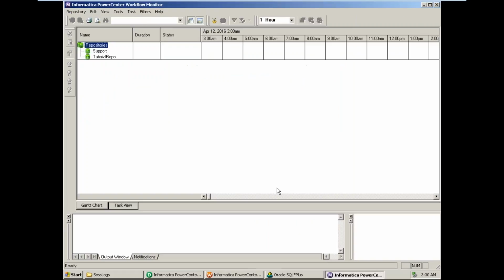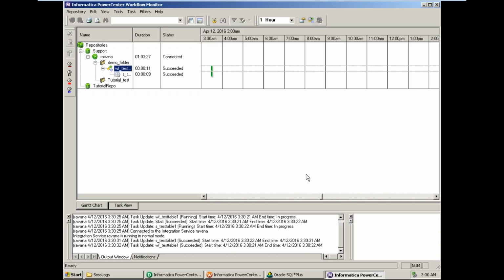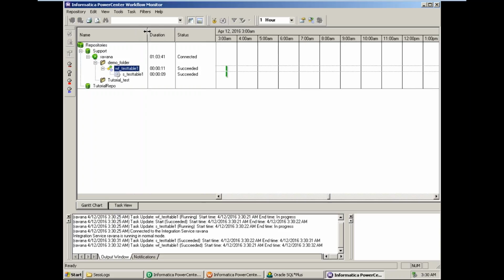On start of the workflow, by default this workflow monitor opens. So this is the other client which we can see. Now you can see that this is my session task, and again it has two types of views, Gantt chart view and the task view. Right now I am showing it on the Gantt chart view. Here you can see the session task, which is the leaf level component, which is the actual crux of our workflow,